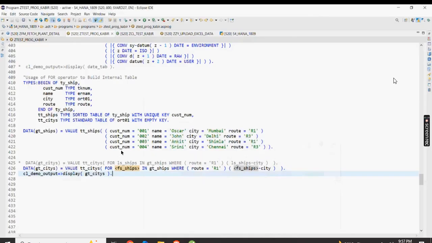I am not using any inline declaration. You do not need to use any for data or anything. The expression is written in such a way that it will automatically take it. So let me show you from debugger mode. One second. So if I do F8,